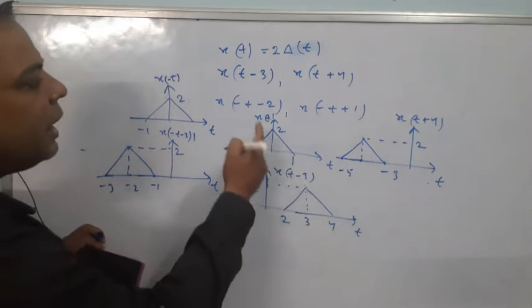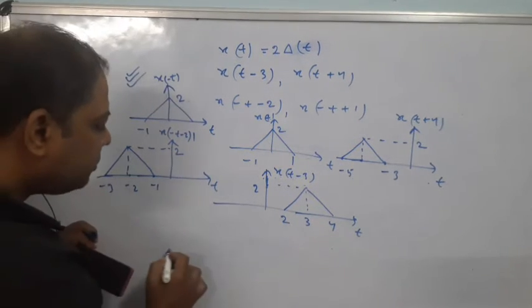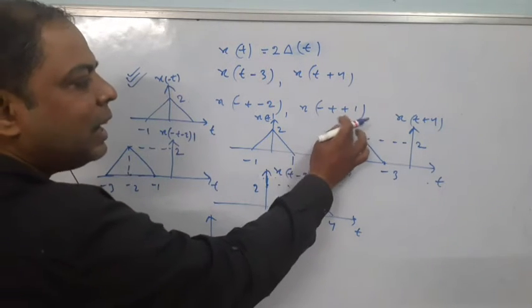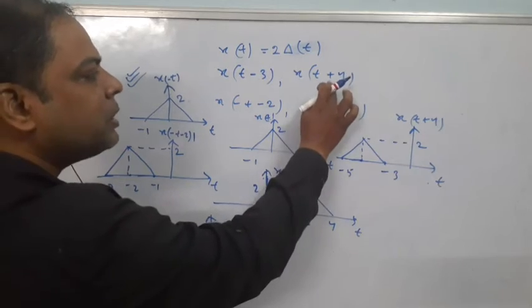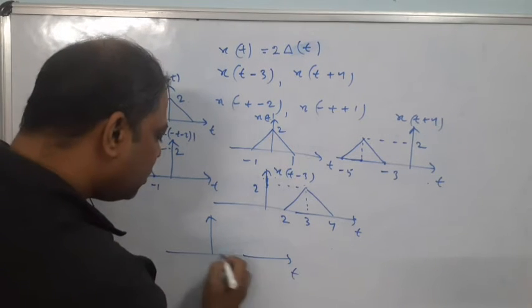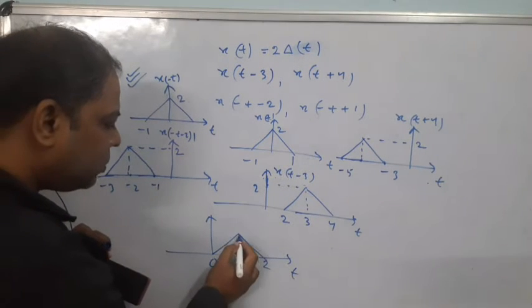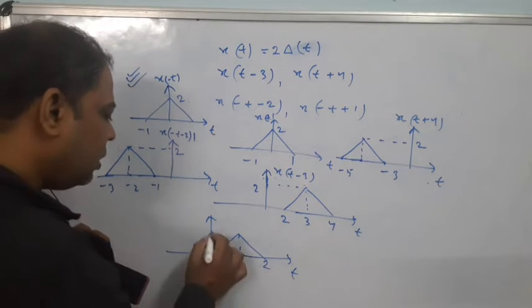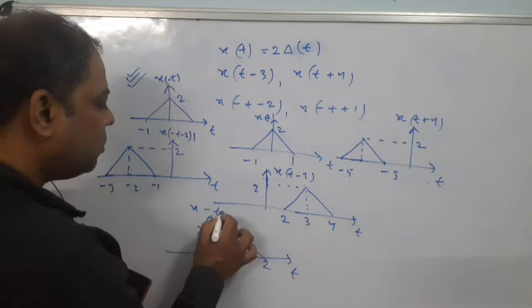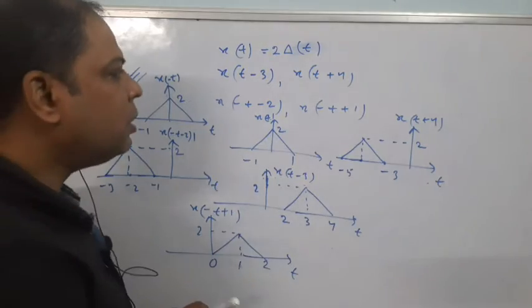Now similarly you can sketch x of minus t plus 1. The signal is already folded. Now this is the time axis. See here, plus 1 in general means left shifting, but here, after folding, it is right shifting. So minus 1 plus 1 is 0, so this is 0. And here 1 plus 1 is 2, and here 0 plus 1, this is 1. So you will find this height is 2, the amplitude of x of minus t plus 1. In this way you can have many plots after the shifting operation.